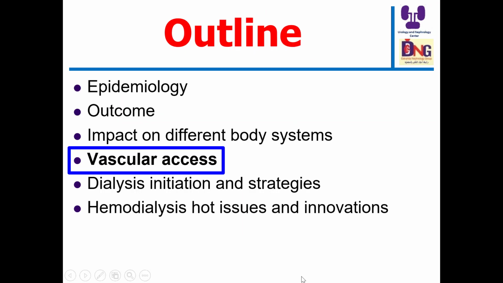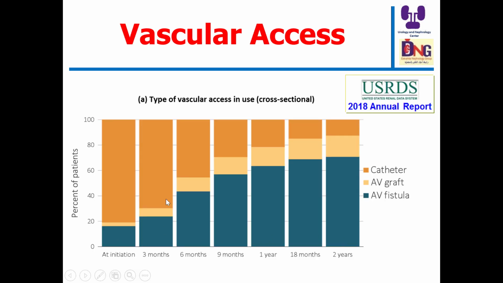Regarding vascular access, we consider it an access for life. And here, this is one of the issues. On initiation of dialysis in the United States, they depend upon catheters in the majority of patients by the time a fistula is created, and I think we should change this, because, for example, in Japan, they depend on fistula from the early beginning, because there is education and the healthcare system, I think, in this point